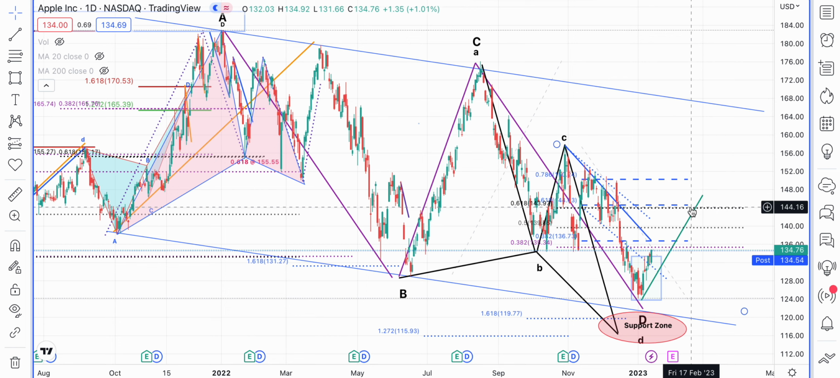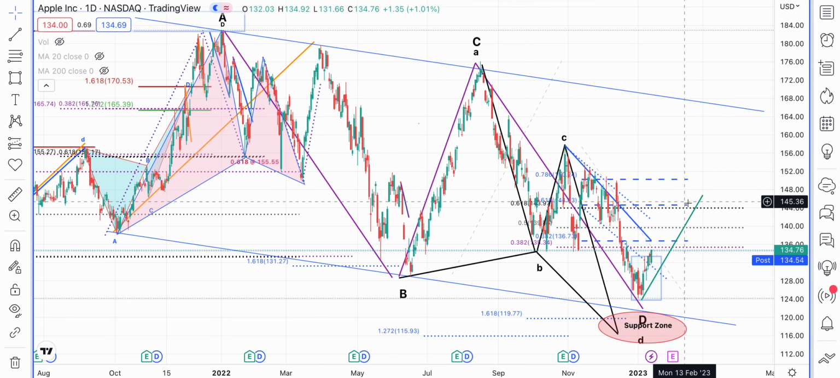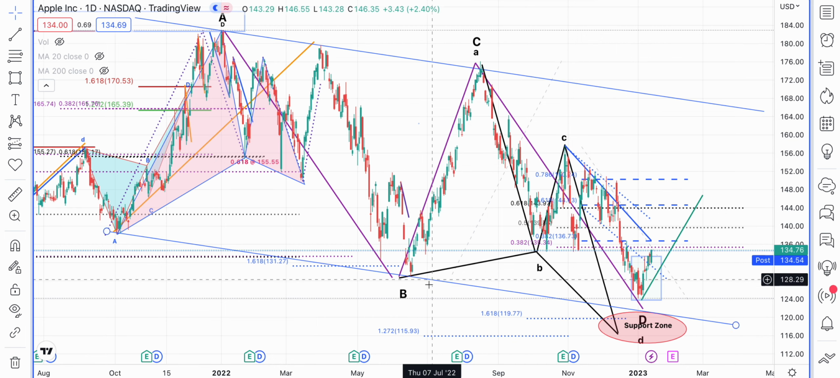But further up, we have between 144 to around 146 as another possible resistance zone which the stock must overcome in order for it to move higher, because that would indicate that the previous decline was about this much and the stock has moved higher, so that bearish symmetry is likely over. Okay, so let's also take a look at